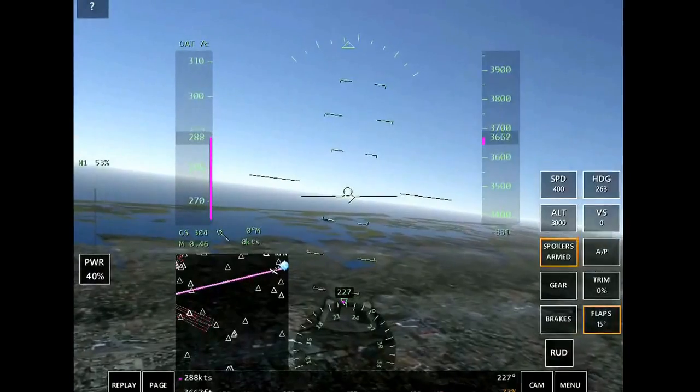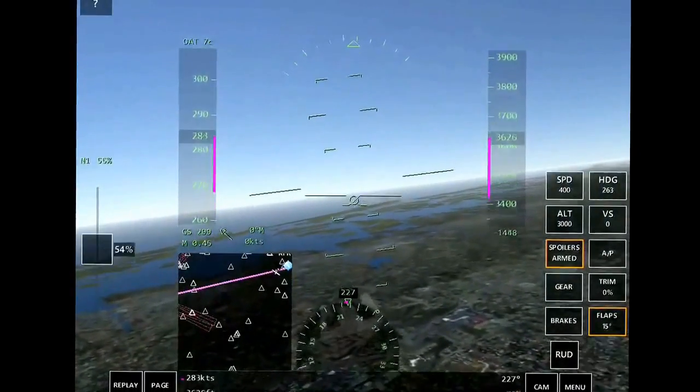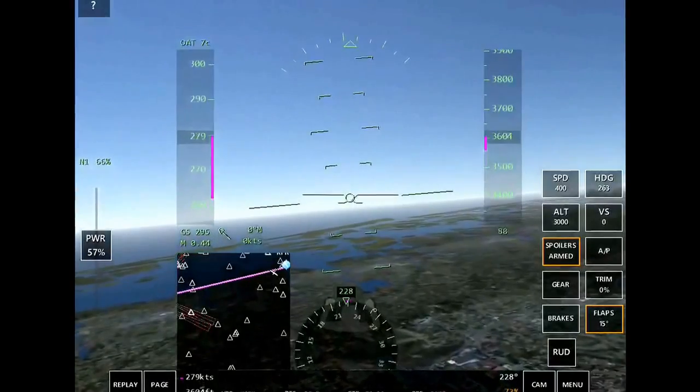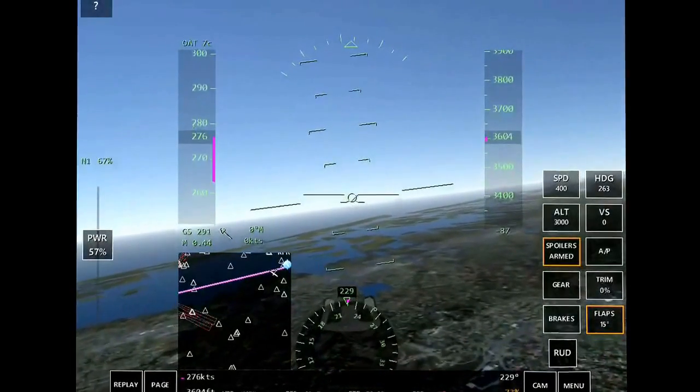And flaps do help us slow down, but when you're landing, make sure you have the flaps down all the way when you're on your approach. Make sure your spoilers are